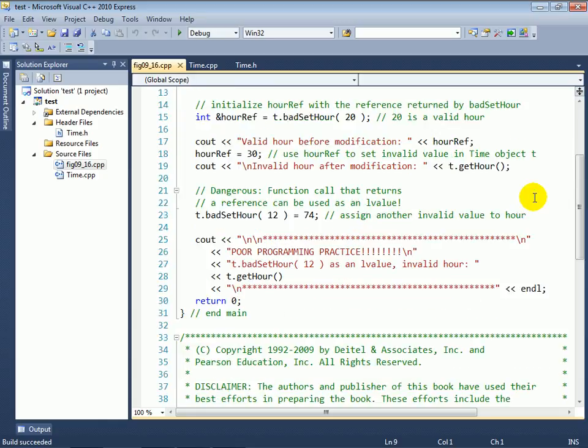Now, the interesting thing is that a member function that returns a reference, especially a non-constant reference, such a member function can be used as an L value on the left side of an assignment. So here at line 23, we have a call to t.badSetHour. This is going to set the hour to 12, representing midday, noon. And the reference that's being returned from this will then be used on the left side of this assignment to assign the value 74